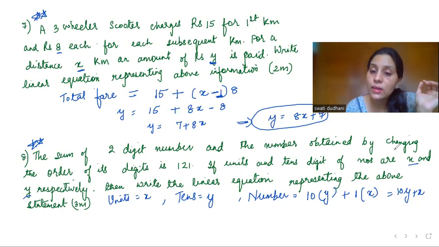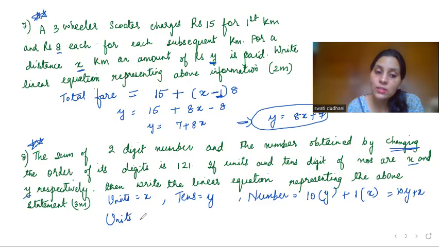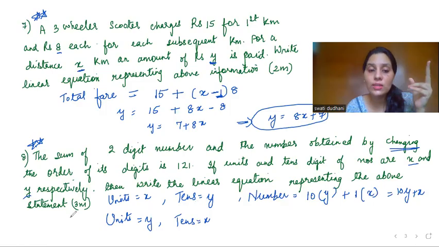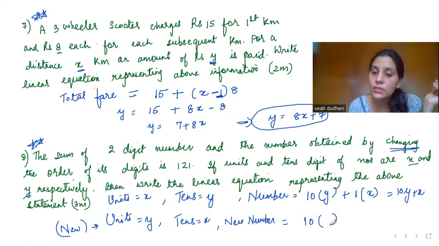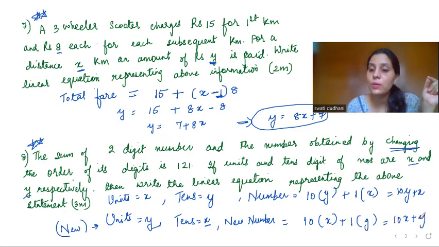So this you will do in every two-digit number question. Now here I see that the numbers are changing as well. Changing as in, this time I will take units as y and tens as x. You will interchange tens and ones. This is for the new number. So the new number formed will be 10 into its tens digit, what is the tens digit now? x, plus 1 into its ones digit, what is the ones digit? y. So your new number is 10x plus y. The digits have interchanged. This part is done in almost all two-digit number questions.